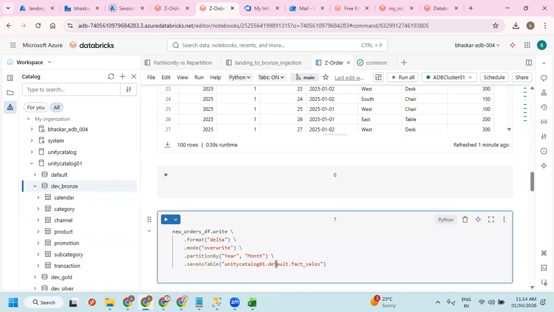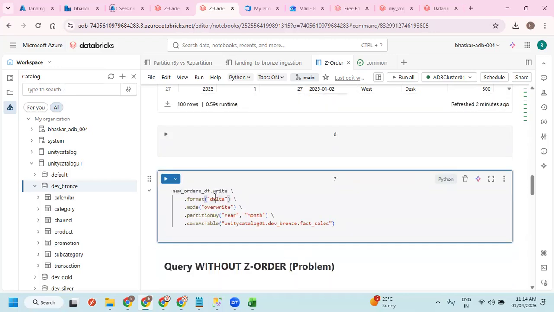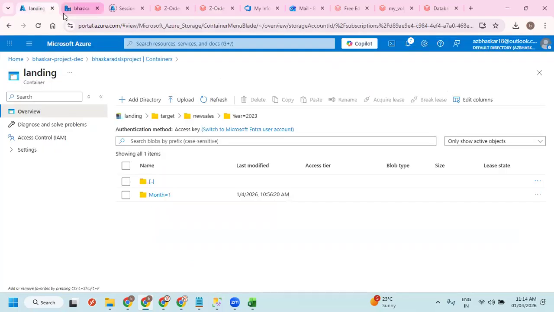That is fine because I can show this where exactly the file is located. Dev underscore branch and fact sales. Let me run this. Let me duplicate this file.